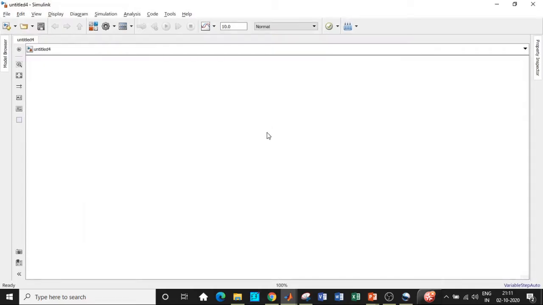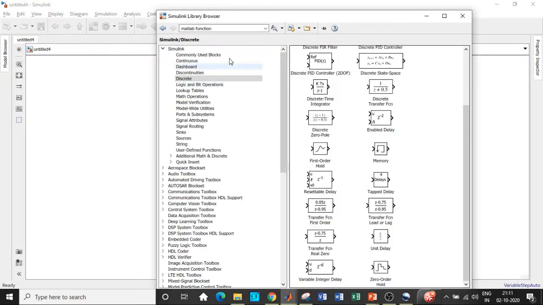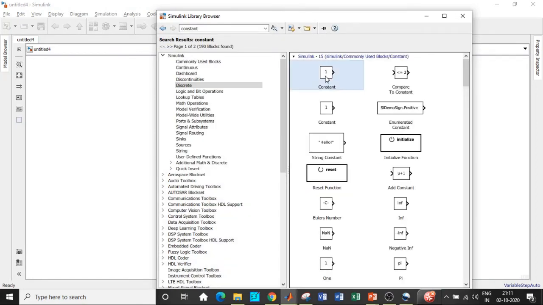Let's go to MATLAB. Alright, here we are in MATLAB. Click on Simulink library browser. In the first place, we will be searching for the components that we want. First, let us build a solar module for our circuit. What are the blocks that we want? We need a constant block, so search for constant and add that block over here.